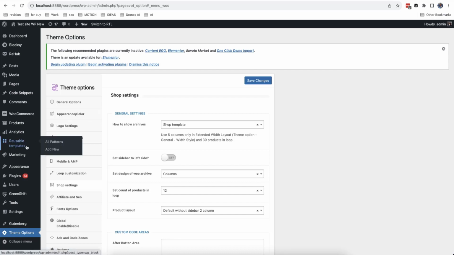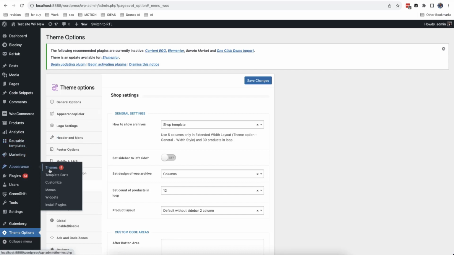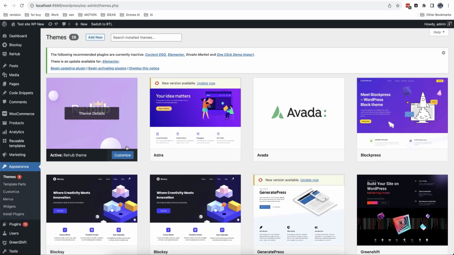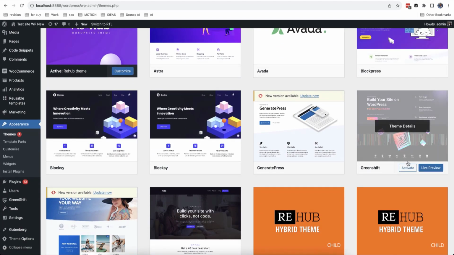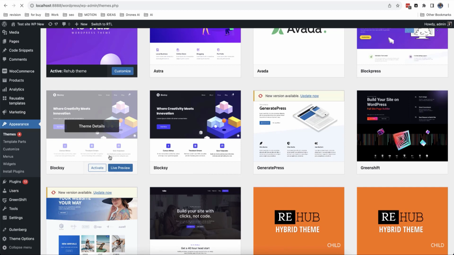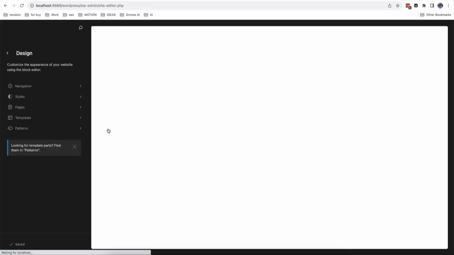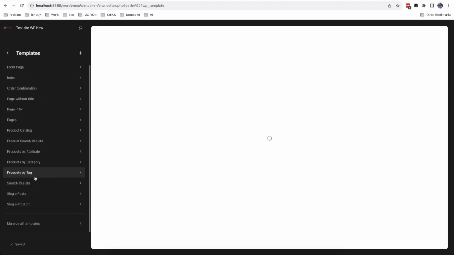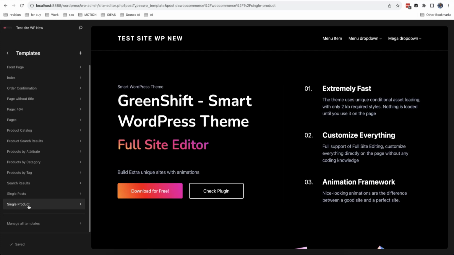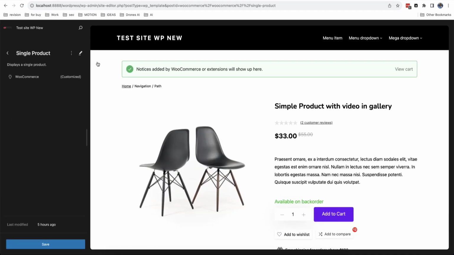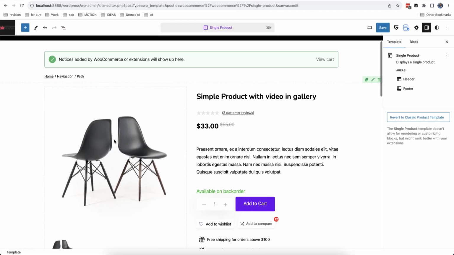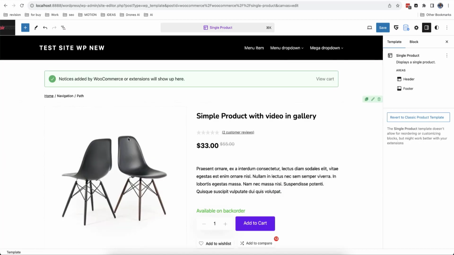So let's now check the blocks and how to edit our templates. We go to the themes, and here we will activate the block theme Greenshift. Then we go to the editor, and here it's important to mention that there are two types of style for each block. So the first one is a local one. This means that everything that you can see here in the settings of the block